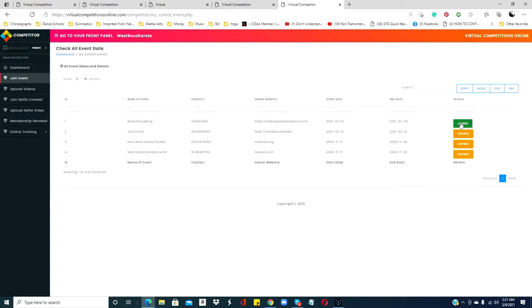You would see the event in the calendar and right on the top there's a join button. You click on join and that would take you to the event. Okay, now